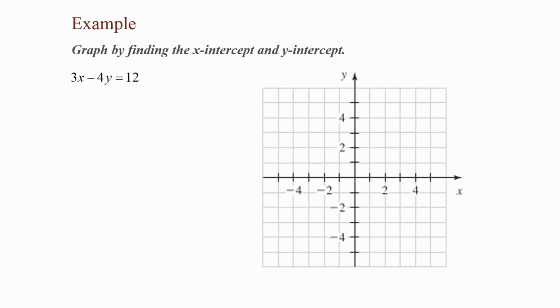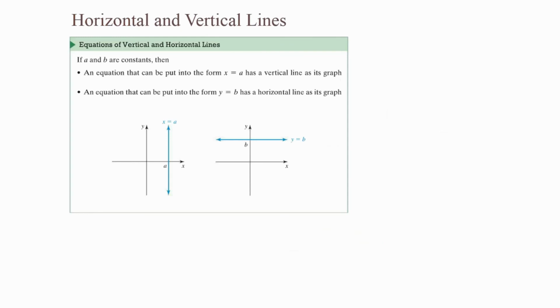So now that we have our two ordered pairs, we can graph our equation. Plot 4, 0, and 0, negative 3. And now we're ready to draw our line. So now we have the line for the equation 3x minus 4y equals 12. Horizontal and vertical lines. An equation that can be put into the form x equals a has a vertical line